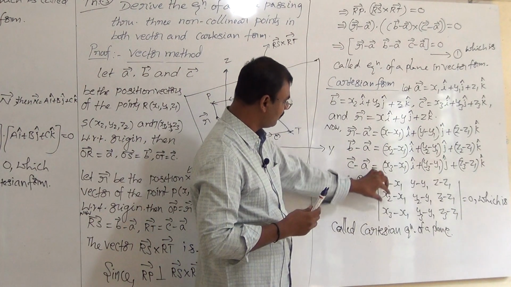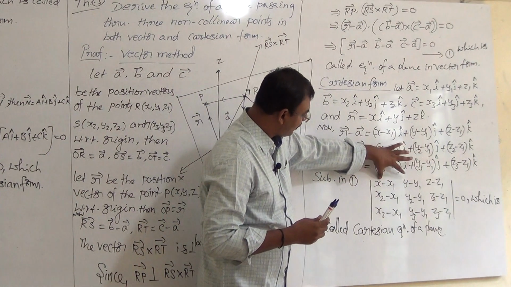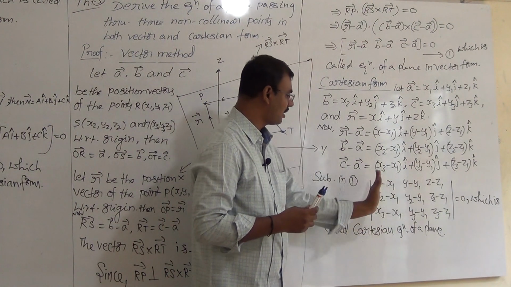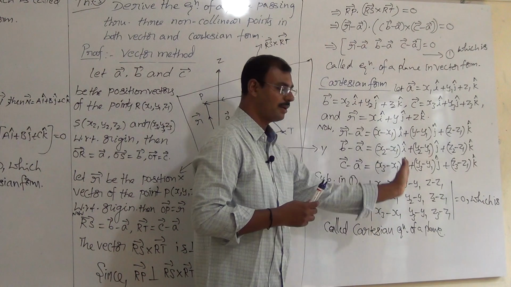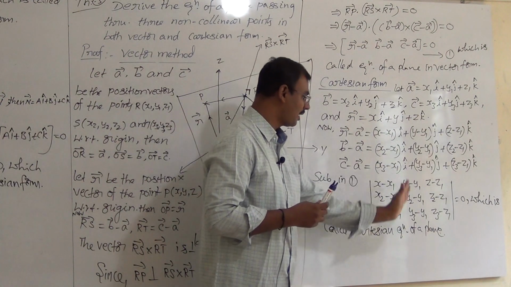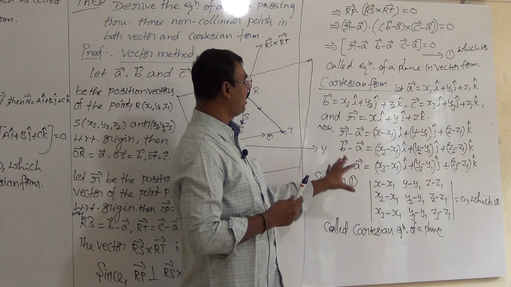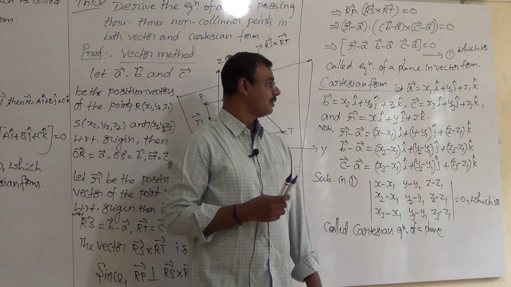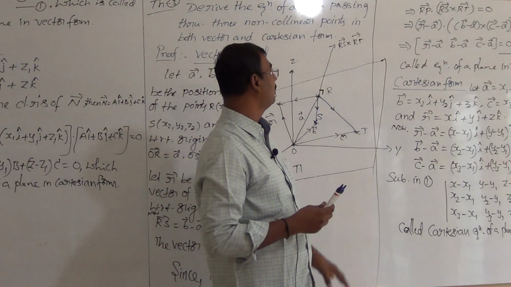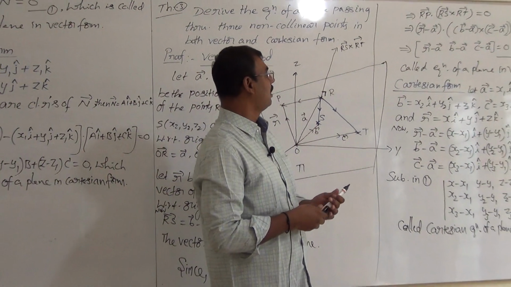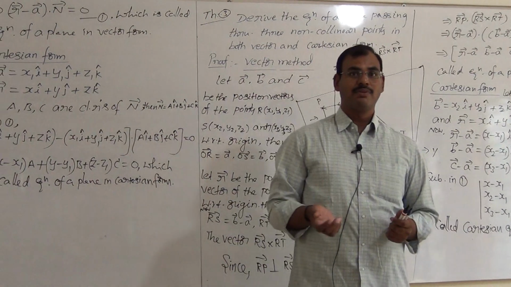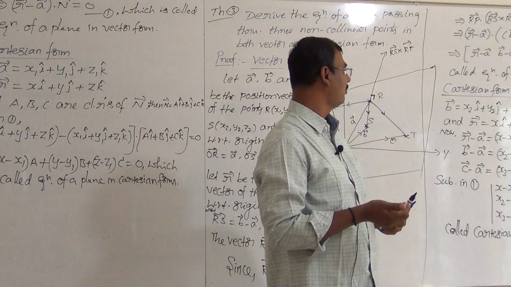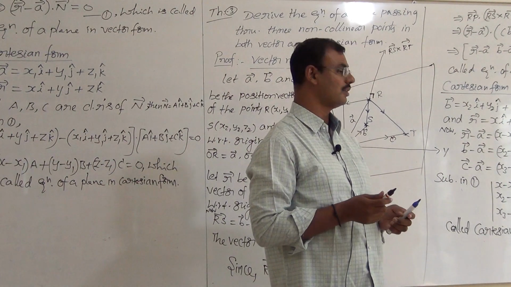Very easy, remember. x1, y1, z1 is always x, y, z first, right? Then x2, y2, z2, x3, y3, z3. Subtract x1 in the first column, subtract y1 in the second column, subtract z1 in the third column. If you remember that, we can easily solve the questions. Okay? So next we have to continue with the equation of a plane in intercept form, and the equation of a plane passing through 2 planes also. We have to solve these conditions one by one. Okay? Thank you.